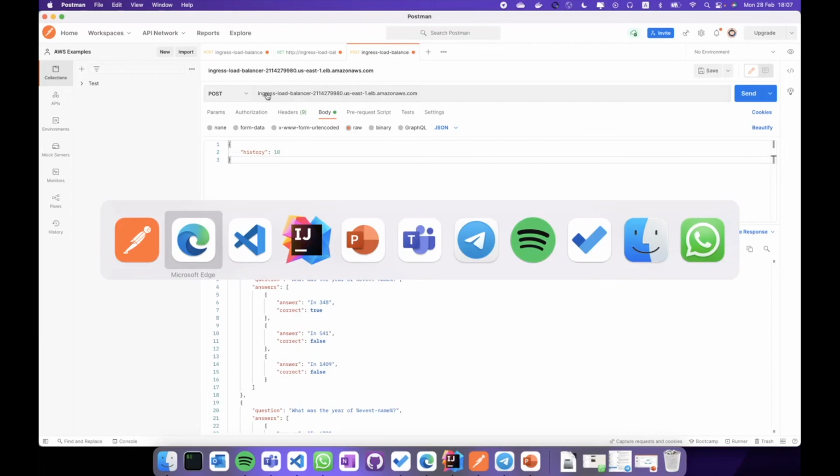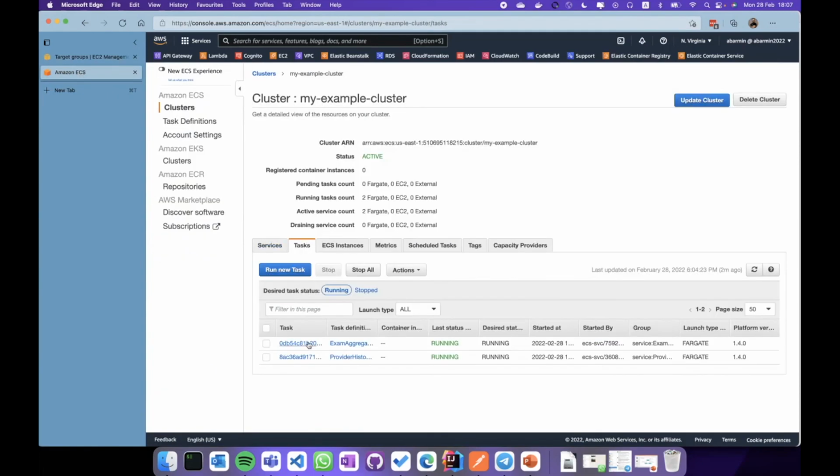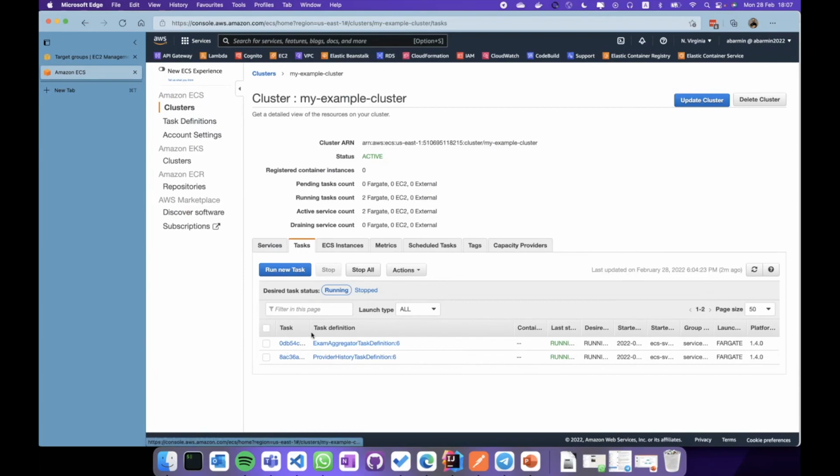The application load balancer accepted my traffic by the listener, forwarded my traffic to the target group, forwarded my traffic to this target. This target is actually this task in the ECS, and next the aggregator, and next this task communicated to